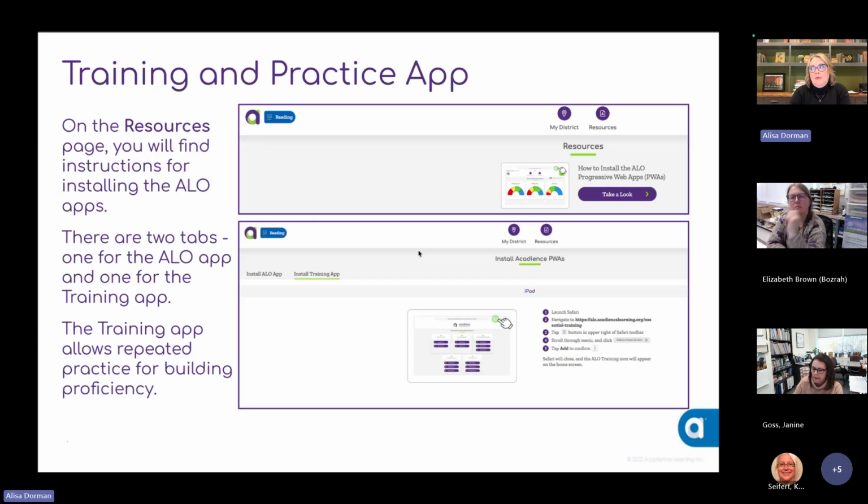We also wanted to show you that, again, if you are ever feeling like you need more practice, you need support for administering the measures, maybe you're getting ready to go into a new season, a new time of year for benchmarking, and you want to review, we have a way to get a practice app. The practice app lets you repeat over and over and over without consuming student licenses. It's like a wash and repeat practice session. So we wanted to make sure you were reminded of the training and practice app that was there.